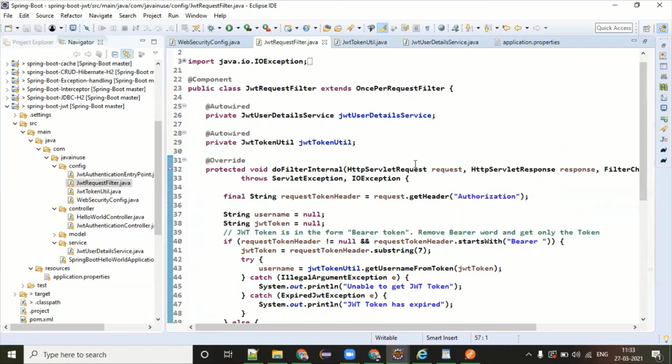It will say, give me the headers with the key name of authorization.